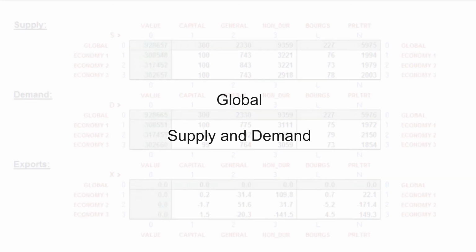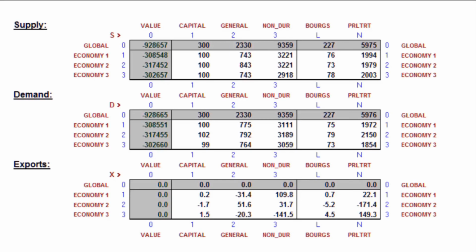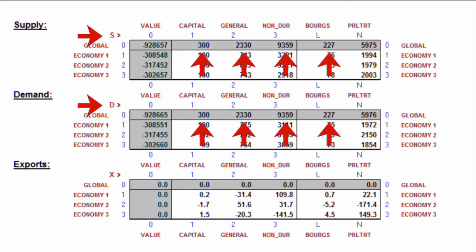Shifting focus once again, our experiment is repeated from the standpoint of global supply and demand. Recapitulating the criteria for physical equilibrium as expressed through this portal, we once again see that global supply and demand are equal for all commodities. And the global export-import matrix is balanced, such that each economy's balance of trade is null.